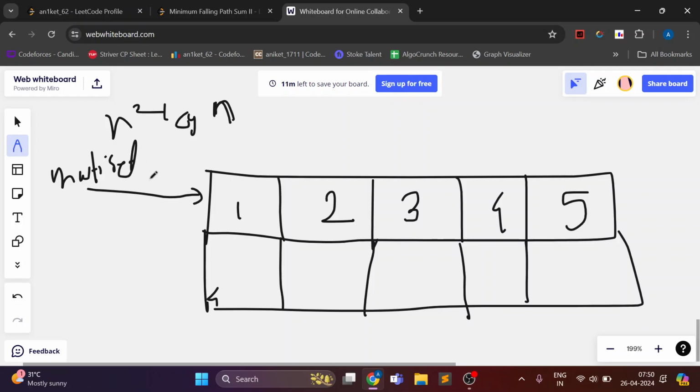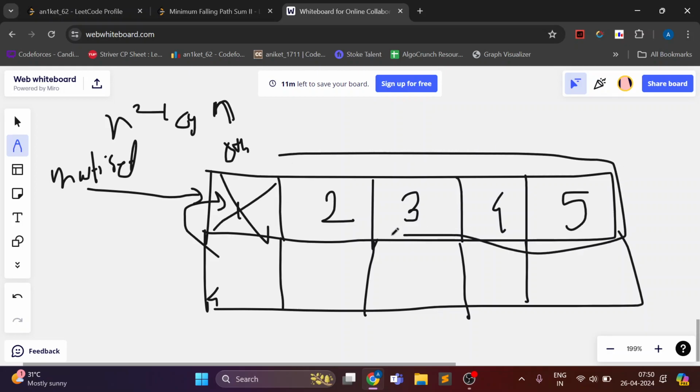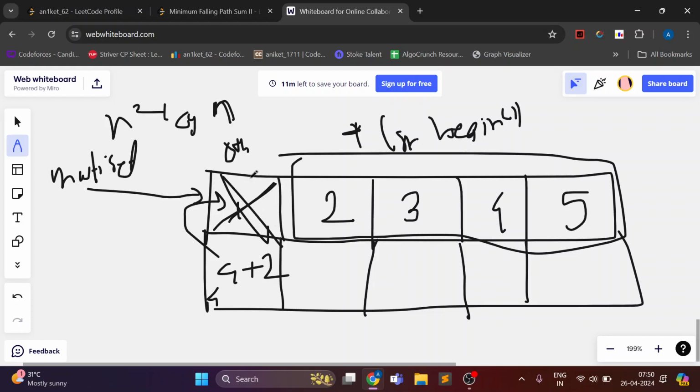I will update that multiset while moving to the next row. And in this multiset, if I am checking the 0th column, what I will do is erase this element from the multiset. So this element is erased. Now I will take the minimum element. How can I take this? By just writing st.begin, because a multiset is an ordered multiset, and the first element will give me the minimum answer. After calculating the minimum, I will update this value as 4 plus 2. Before updating, I will insert this one again for processing